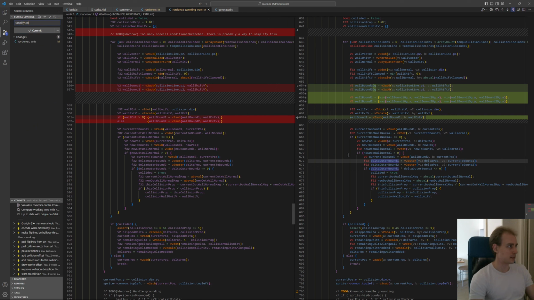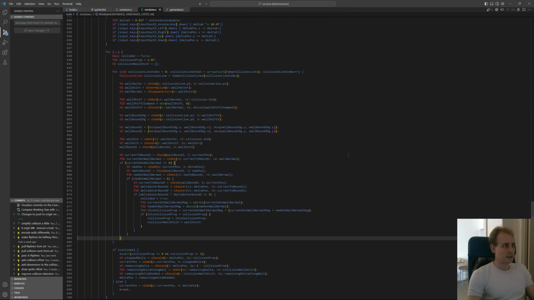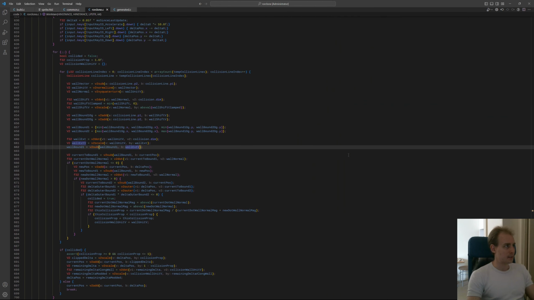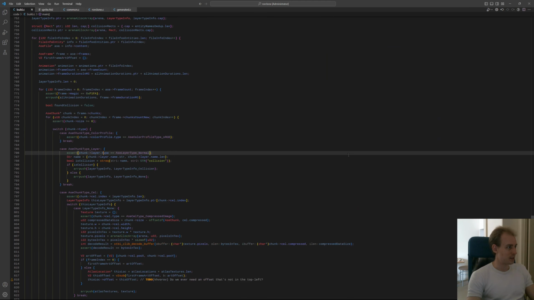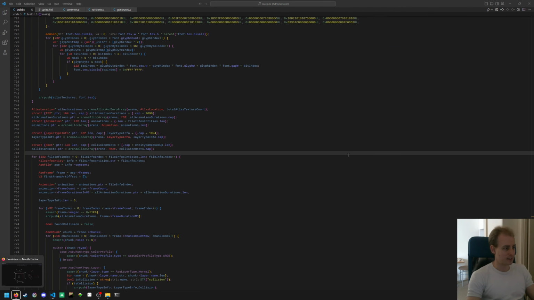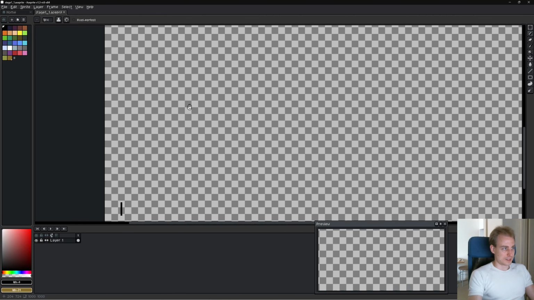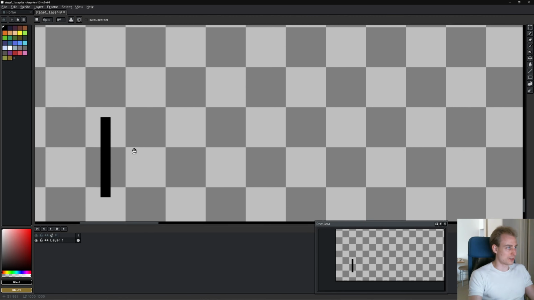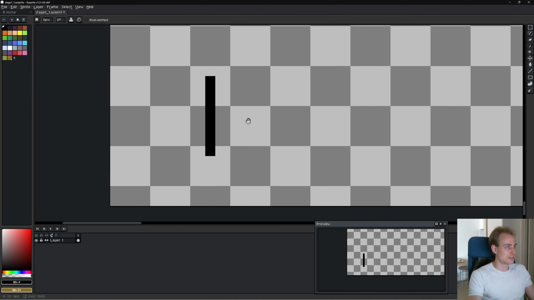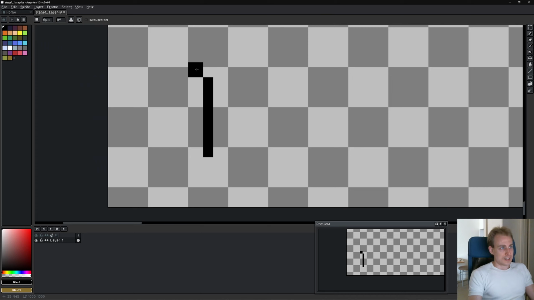Simplify collision a little. Okay, now on to the harder part, which is take what we've drawn and make collision out of it. Right now I just have the one little rectangle. So if we could just extract collision information out of this, I mean, ultimately that collision information is just gonna look like, actually